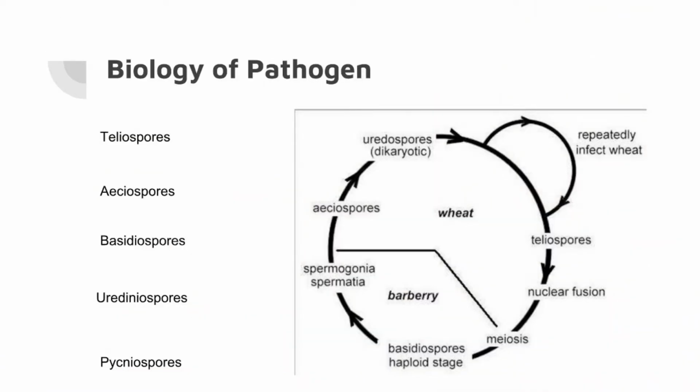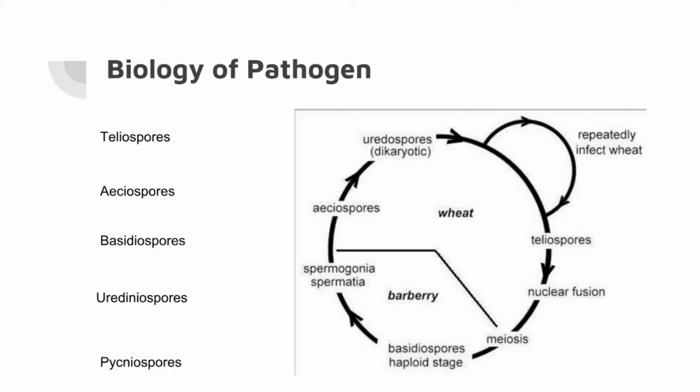The biology of the pathogen. Rust fungi are obligate parasites. They require a living host tissue for their growth and reproduction. Without a living host tissue, they can survive as spores. Only teliospores can survive without a living host plant for more than a few months under certain field conditions. Puccinia graminis is heteroecious, which means that rust fungi require two host plants, like wheat and barberry, to complete their life cycle. Puccinia graminis is macrocyclic, which means that it can produce all five spore stages, which are basidiospores, pycniospores, aeciospores,